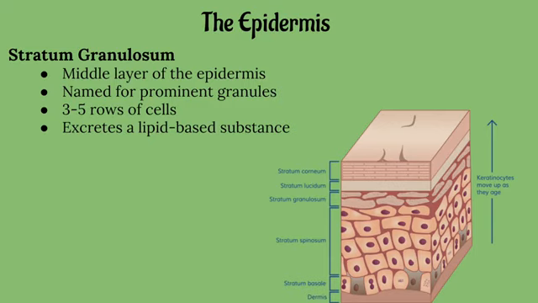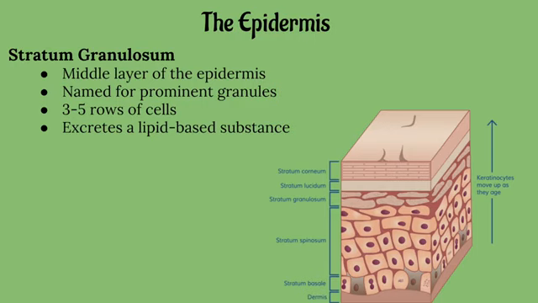The stratum granulosum is the middle layer of the epidermis and consists of 3 to 5 rows of keratinocytes. The stratum granulosum is named because of its large granules inside of its cells, and these cells release a lipid-based substance through exocytosis. This lipid-based substance coats the keratinocytes of the epidermis, and remember that lipids are hydrophobic, meaning they go against any water-soluble substance. So this lipid-based substance will act as a water barrier to prevent water-soluble substances from passing out of the skin